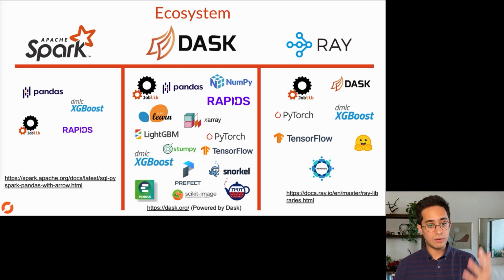So like Rapids and scikit-learn and a bunch of other tools. What's especially notable with Dask is that tools were built specifically where their core functionality is built with Dask, tools like Rapids and Prefect, or Xarray. Dask is really, really core to how those tools work and their parallelization. With Ray, you'll see here PyTorch and TensorFlow are big ones, again because of the deep learning, and then a couple of other tools. Its integrations are newer.